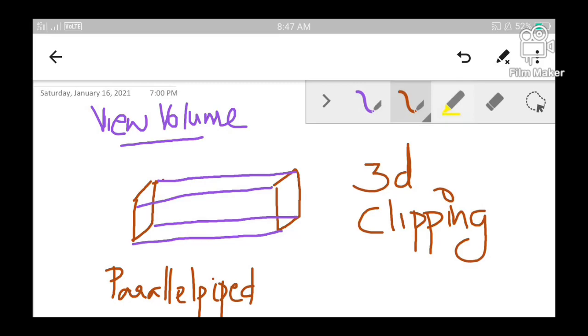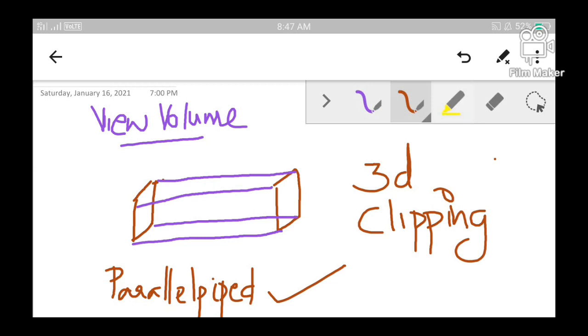Definitely the shape of the view volume resembles a parallelogram, and this shape of the view volume in parallel projection is known as parallelepiped. So the view volume with respect to parallel projection is known as parallelepiped.